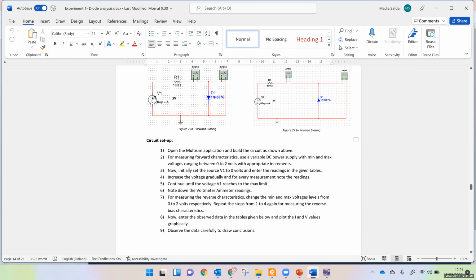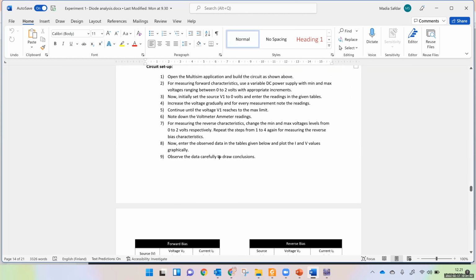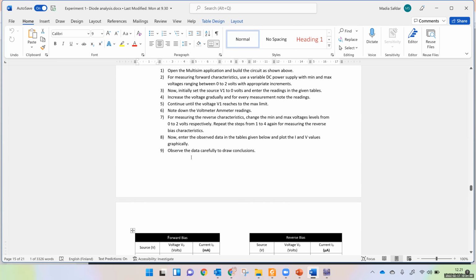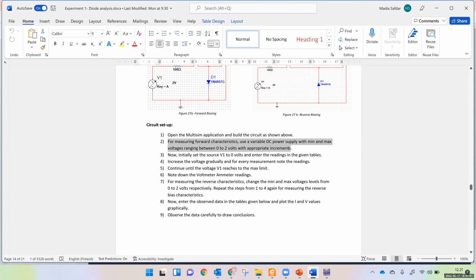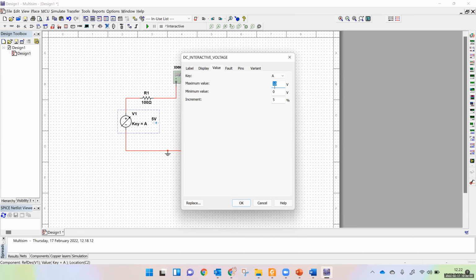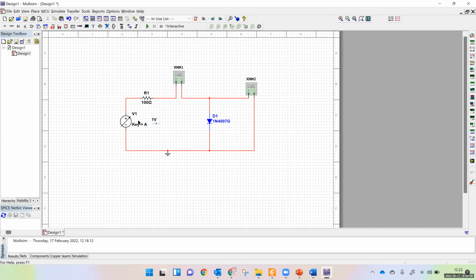okay, so this experiment we are doing now. So minimum voltage should be 0, maximum should be 2. From here you can see that we will be increasing the voltage from 0 to 2, and then how much increment? 0.1. So go back to your, okay, so maximum value should be 2, minimum should be 0, and increment should be 10%, means 0.1. Actually 0.1%. Okay, so